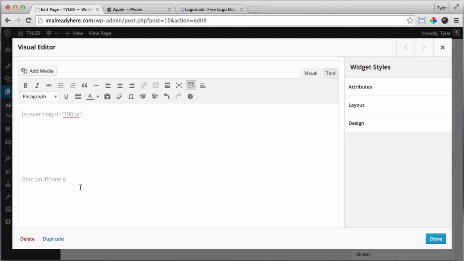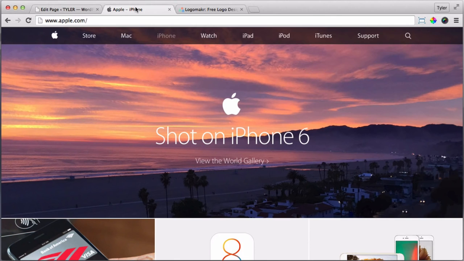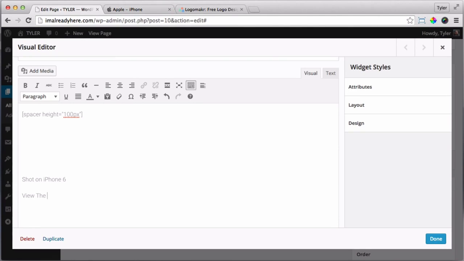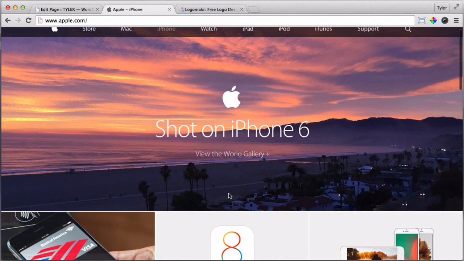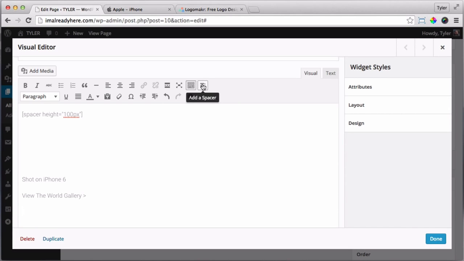Okay. And then let's press enter again. And it says view the world gallery, and it's a link. So we'll just type that out, view the world gallery, and greater than sign, and that's a link. Okay, we'll do the link later. Press enter, and then it has more space at the bottom here, maybe 100 pixels or 200. I'm just gonna put 200 pixels, so add spacer, 200 pixels. Okay,